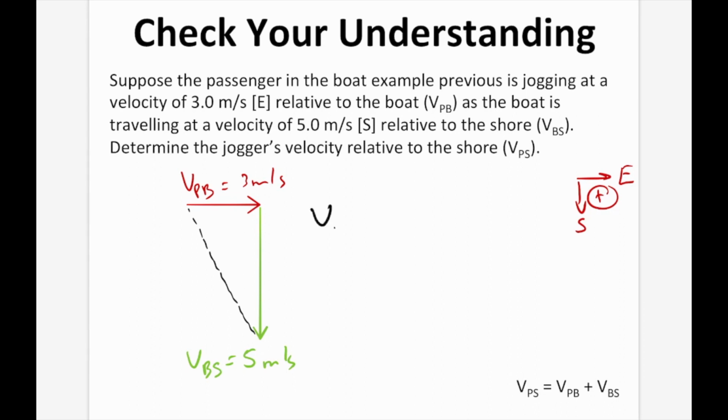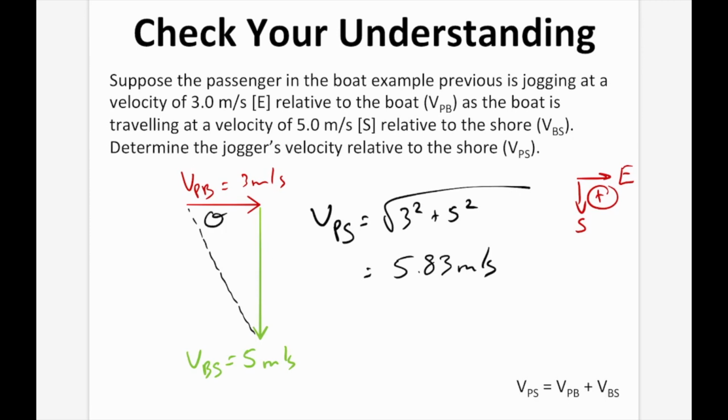Well, the velocity of the person relative to the shore is going to equal the square root of 3 squared plus 5 squared. And that equals 5.83 meters per second. We need an angle. So just like we were doing before as well, theta is going to equal tan inverse opposite 5 over 3. And that equals